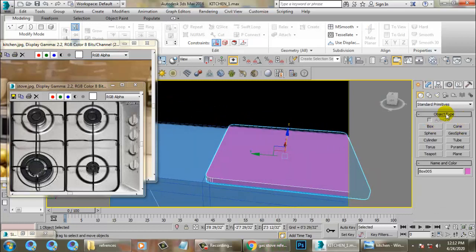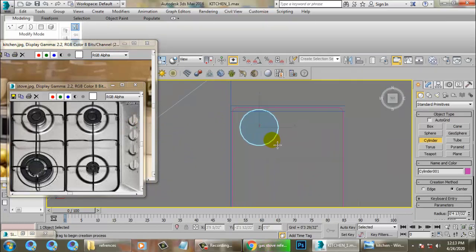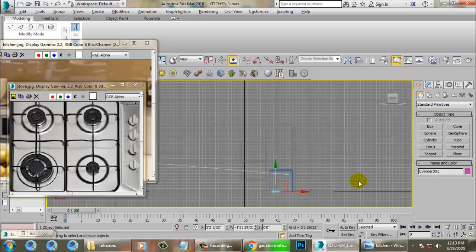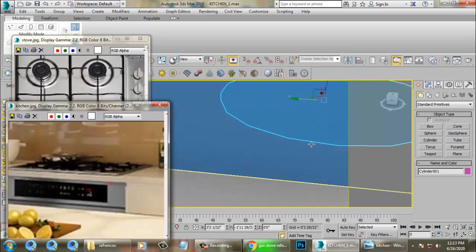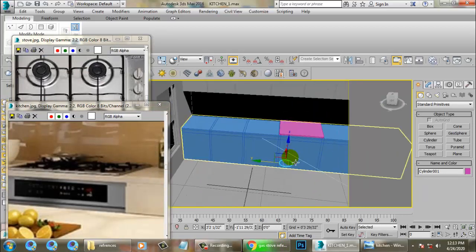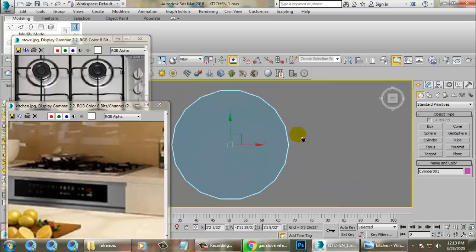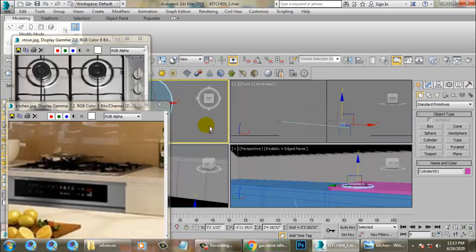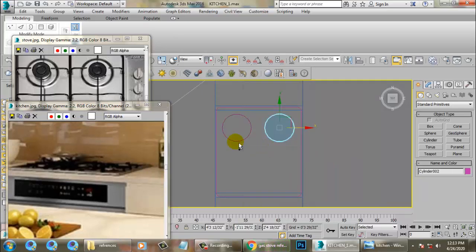So select this and rotate this light in this direction, scale it up, and I'll tilt the light a bit up, and let's again set the target accordingly. Also, you need to work on its multiplier for the light. So let's increase its multiplier.